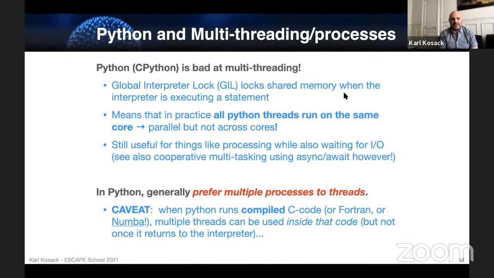And it's actually part of the design of how Python executes, at least how CPython executes. But that means that because all memory is locked between statements of the interpreter, in practice, all Python threads run on the same core. It means that you can have multi-threading, so it really does look like code is executing in parallel, but if you looked under the hood, they're actually running in sequence, might be a kind of random sequence, but they're running in sequence.